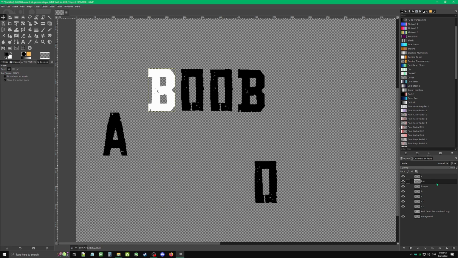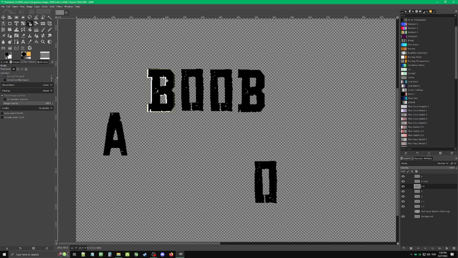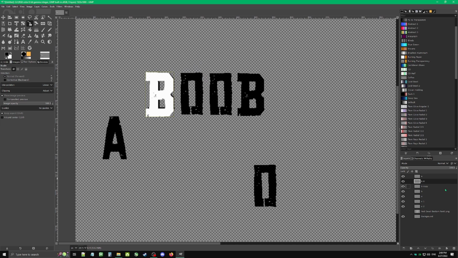So now if we drag this down, that puts it behind the B and we could move it like that. You can click your scale tool, which is Shift S, and click it and make it slightly bigger. Make sure to click your little chain here so that it links the width and the height, and that way it stays square, you know. And you can also move with this tool, so it's pretty useful. So let's say we'll make it just slightly bigger, offset it a little bit, whatever. Press scale, boom. We can drag that up, and so now we're